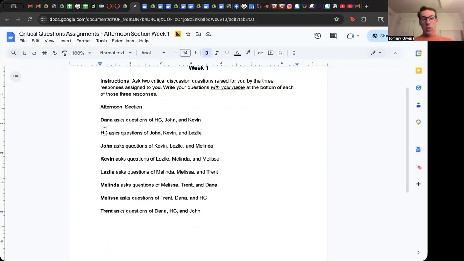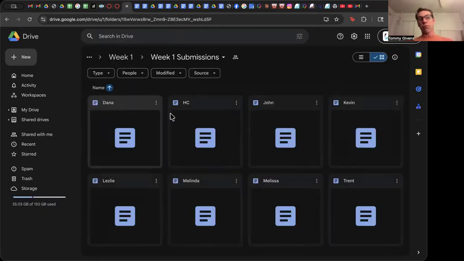Each student is assigned three of your fellow students in the seminar. Then you're going to come back to the week one submissions, find those three students' Google Docs, read their responses in their entirety, and then ask two critical questions of each student at the bottom following the instructions in the syllabus. That's what you're going to be doing for every week of the seminar.